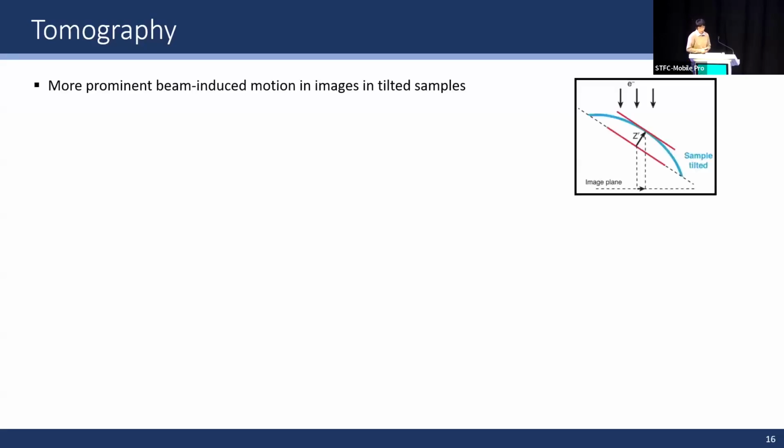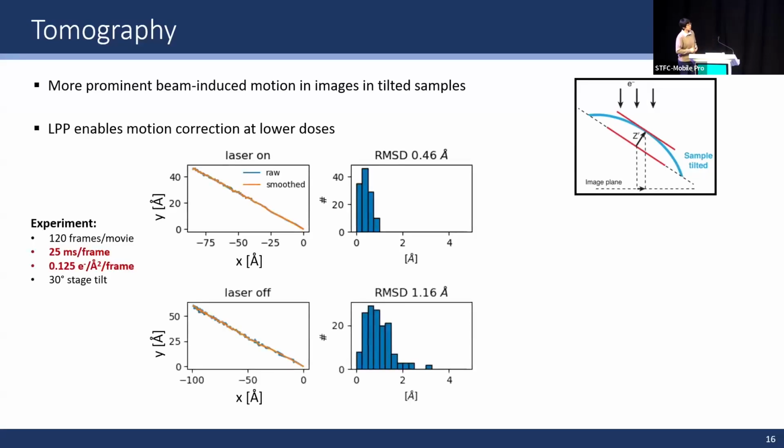One, we know that in tilted samples, the beam-induced motion becomes more apparent in the images due to the projection of the doming effect. We actually think that the laser faceplate can help in this case, because we can fractionate the movies into finer frames to perform motion correction. So we've done some preliminary